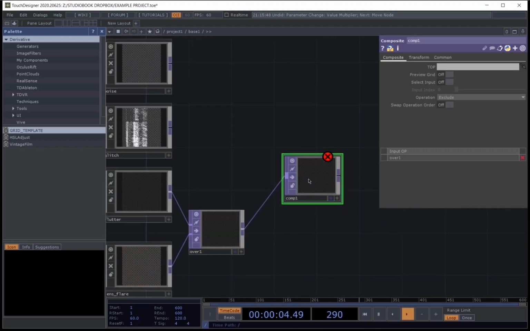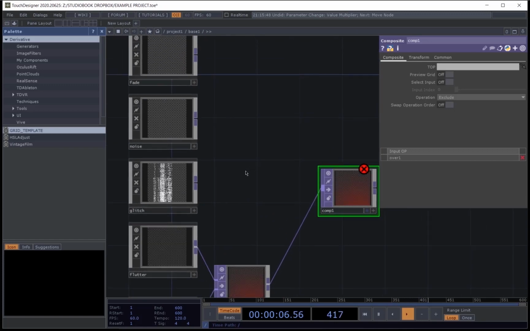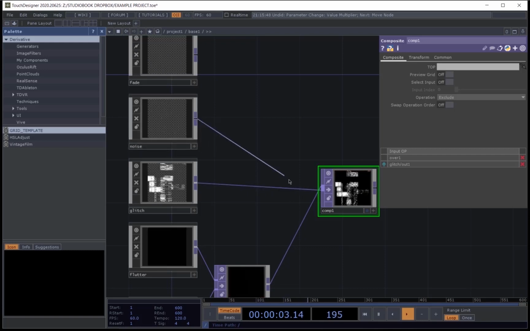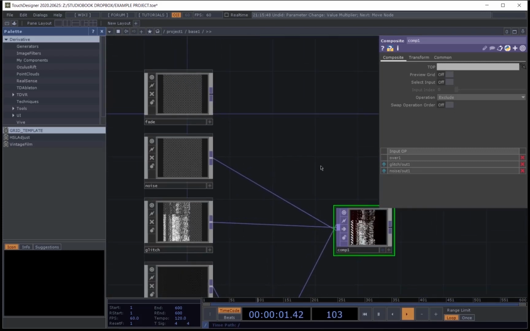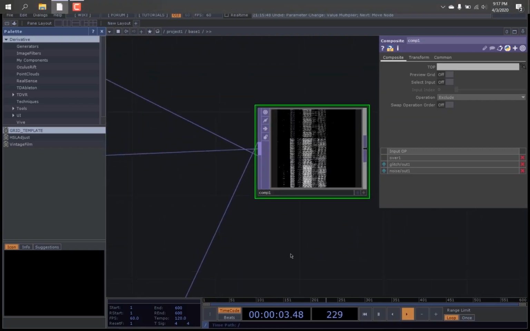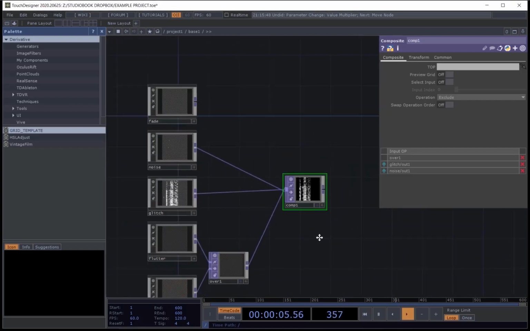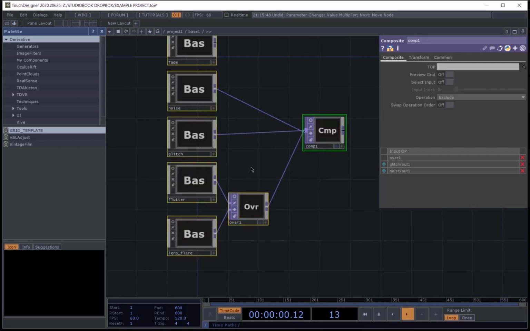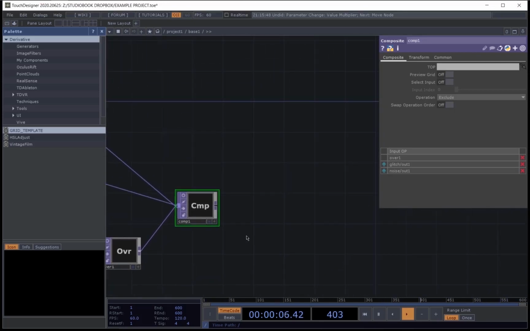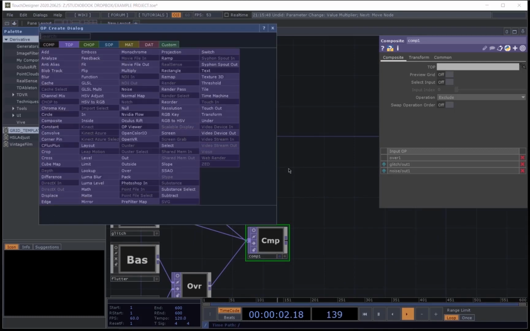And all right, so now we're going to go ahead and layer this. The glitch, the noise, and we're not going to put the fade in. We're going to leave that last. So these are all layered now. I can actually go ahead and turn these off. Okay, cool. So go ahead and add an over to this fade